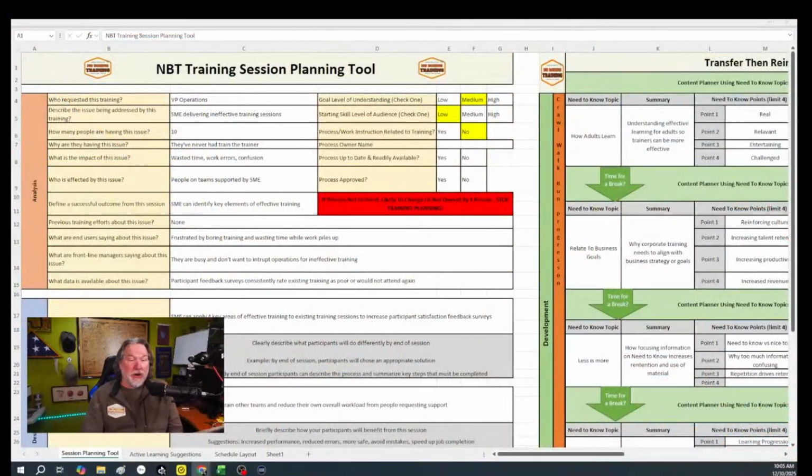So, how do I plan trainings? Well, my friends, let's go to this view here. This is the NBT training session planning tool. This is a template I built for myself years ago. I've used this in my day job. I use it whenever I'm planning training, and it's really helped me dial in the specifics of what I need to get done to be able to quickly produce training sessions and programs. It's gotten to the point now where it's sort of second nature,